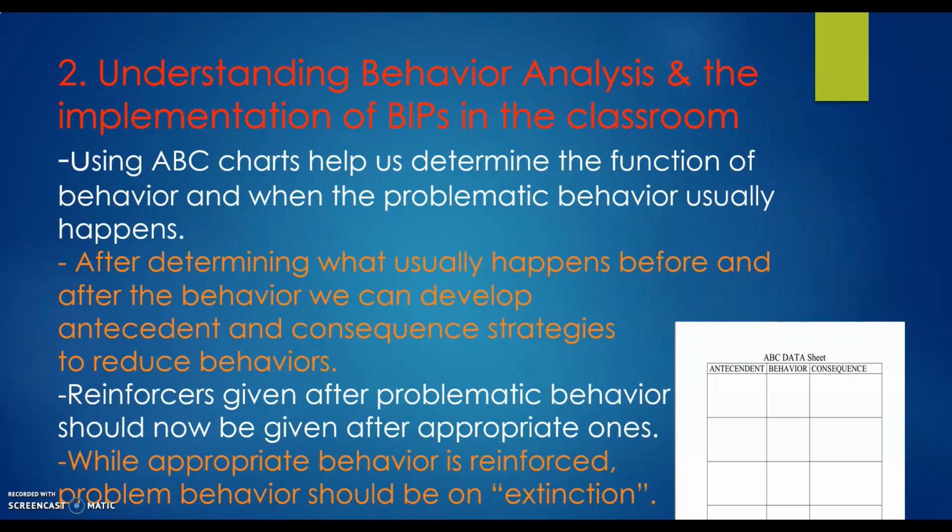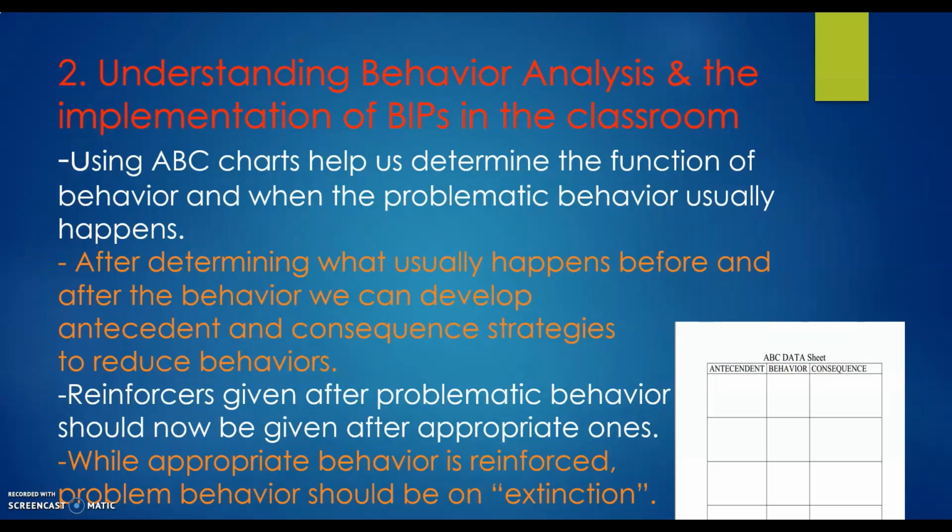So what we do is, after determining what happens after the behavior, we can develop antecedent and consequence strategies to reduce behaviors. Reinforcers given after problematic behavior should now be given after appropriate ones. While appropriate behavior is reinforced, problem behavior should be on extinction. So we're going to cover extinction in the next slide. But before we do that, I just want to explain that